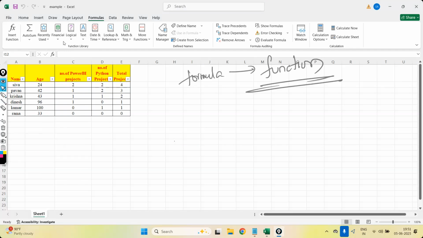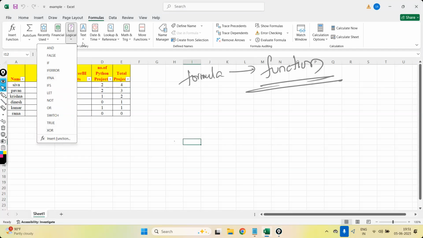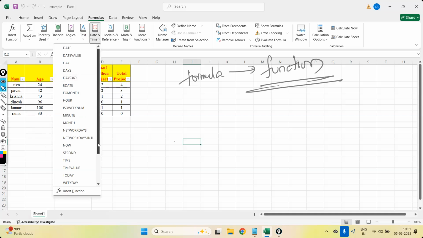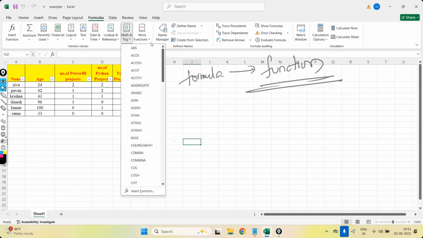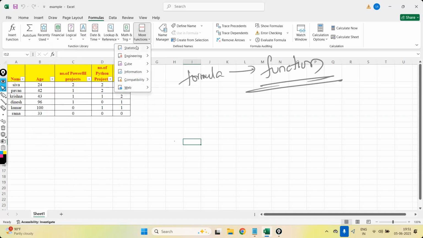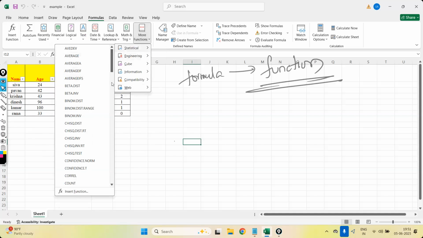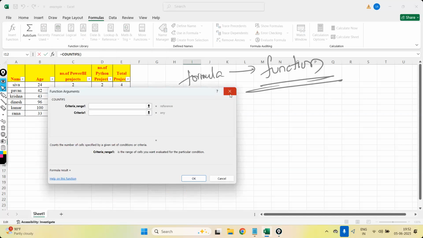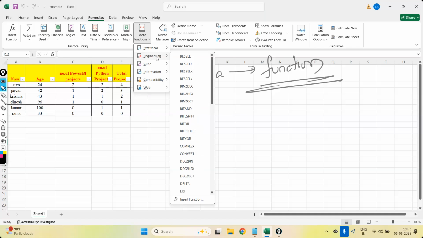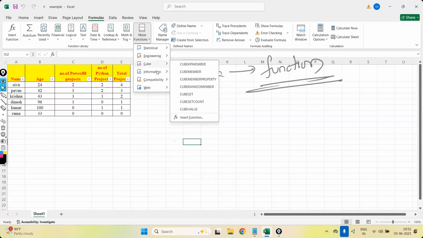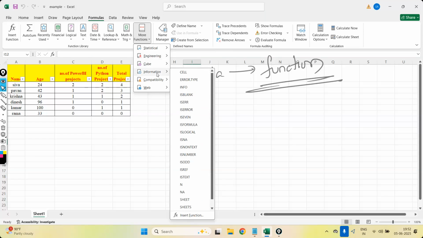What are the functions available? Logical functions, text functions, date and time functions, lookup functions, math functions, and engineering and statistical functions are available. So like this, we have different types of functions. Engineering functions we are not going to use, cube functions we are not going to use, and information functions